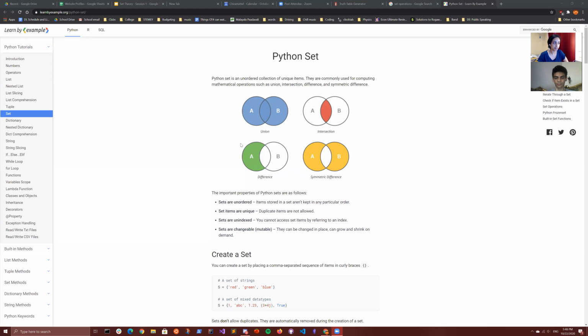The difference, which is just like A minus B, are all the elements that are in A and not in B. You can see there's an overlap between A and B, but we're not including them in the difference. The symmetric difference is kind of like this, but going both ways. It's the elements that are in A or in B, so the union, minus the intersection, the elements that are in both. If you were to think of examples, I can't think of examples for all of them on the spot, but